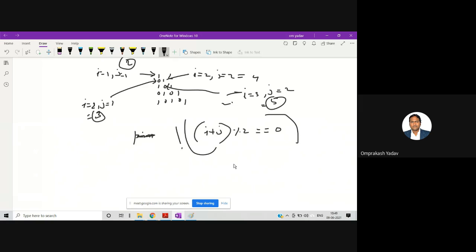For example, for this one, we will get the answer 1, then this will do the reverse of that, 0. If we get 0, then this will make it 1. Or else we can do over here, in place of double equal to, we can say not equal to. Then also it will do.